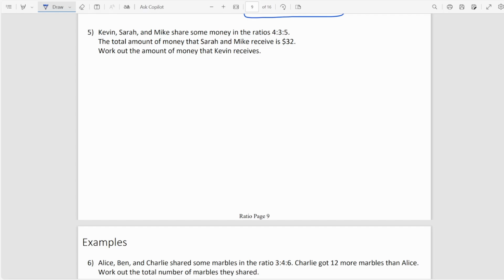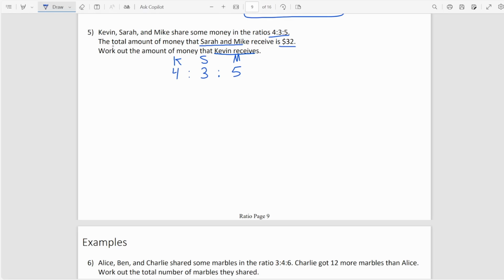Okay, let's take a look here. Kevin, Sarah, and Mike share some money in the ratio 4, 3, and 5. The total amount of money that Sarah and Mike receive is $32. Work out the amount of money that Kevin receives. So this is my ratio, and 4 parts for Kevin, 3 parts for Sarah, and 5 parts for Mike. Okay? Now,